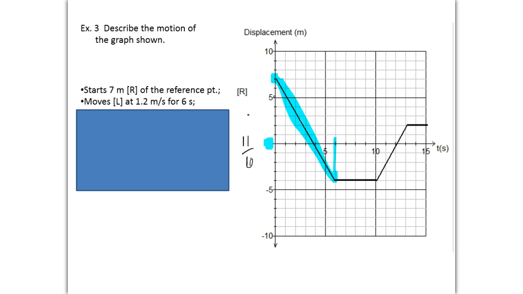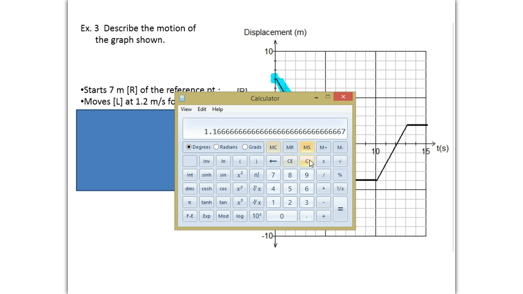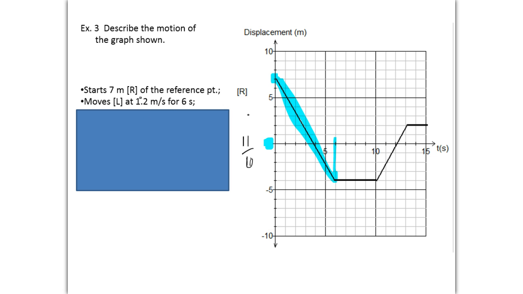So 11 divided by 6, your rise over your run, is 1.83, or 1.8. Okay, next,